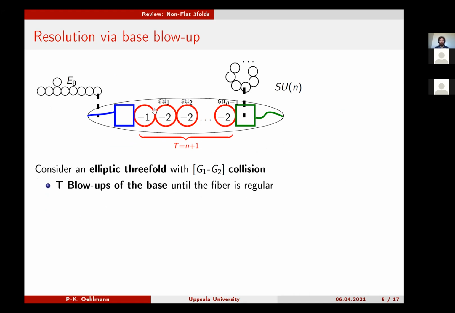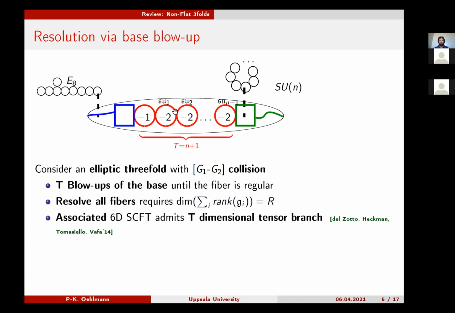And doing so, you generically have to do that t times until the fiber is fully regular, and then you might also be left with some kind of fiber singularities that you also need to resolve, and maybe you have to add additional r fiber divisors here. And this amount of t times that you're having is essentially the dimension of the tensor branch of your 6D